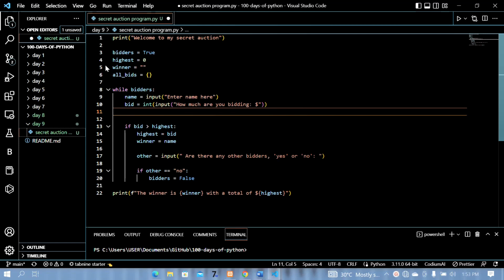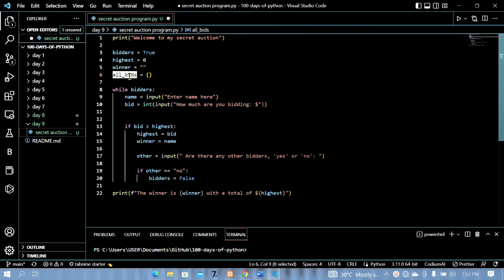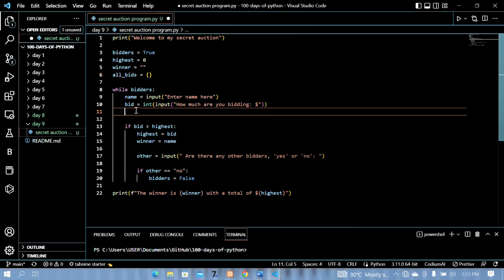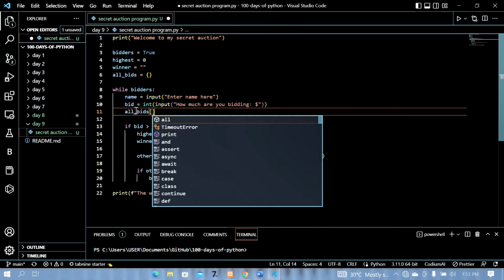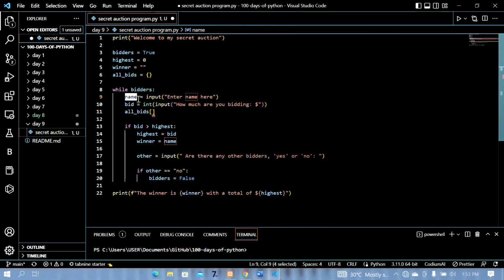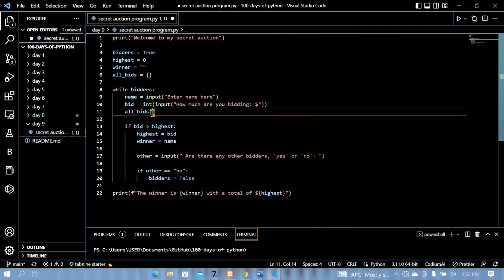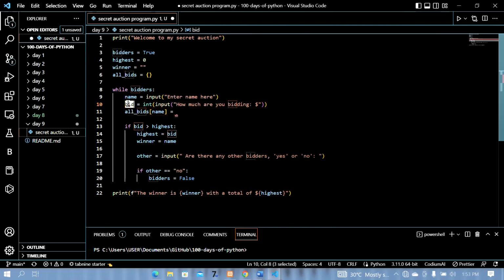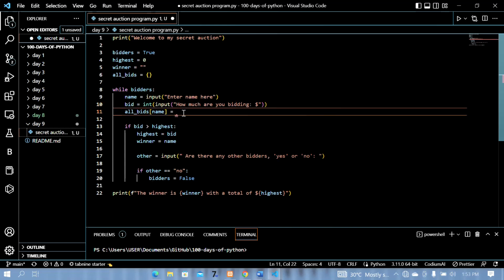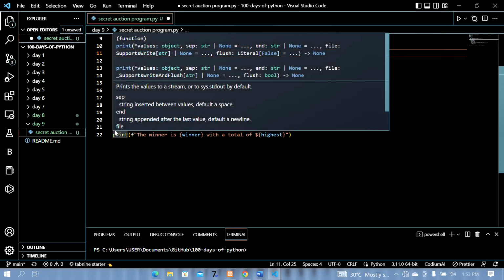the name of the dictionary, then the square brackets, just the exact way we call it. But instead of assigning a variable, we're just going to take the user's name. So your name will be the name that will be saved as the key, and then the value is going to be equal to what you bid. That should be okay. So we're going to first print out